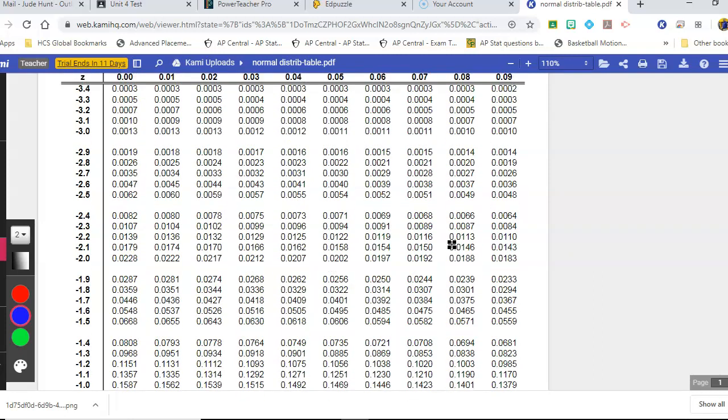Negative 1.19 starts off with negative 1.1, which is located right here towards the bottom of your screen. And we're going to go all the way over to this last column, which has the 0.09 section. And that is going to lead us to this value right here,